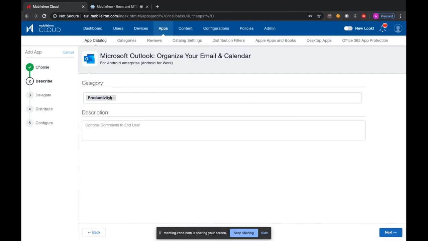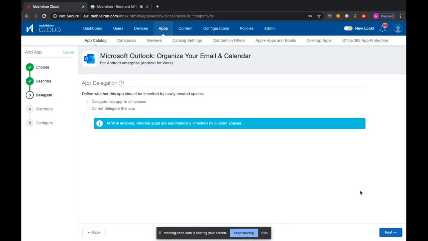And then you can assign a category to it. You can customize your own category as well. Let's say that the name of your organization is Acme, so you could just type in Acme personal apps, or Acme public apps, and then you can have it uploaded to that particular category. All right, and then you need to click on next,